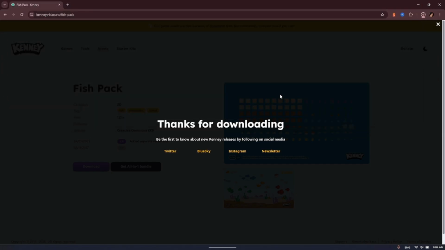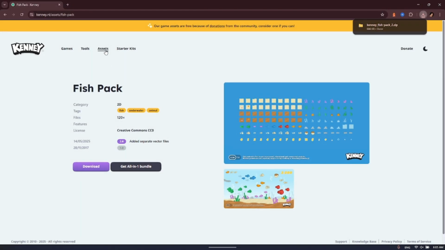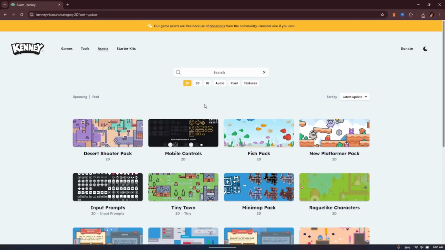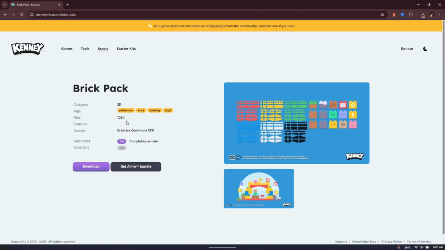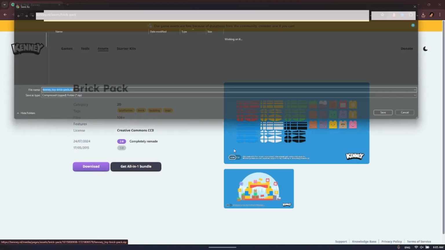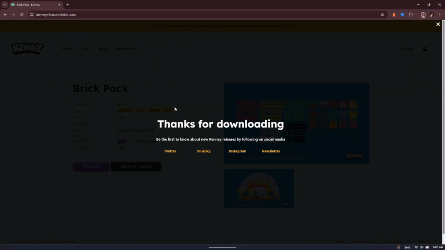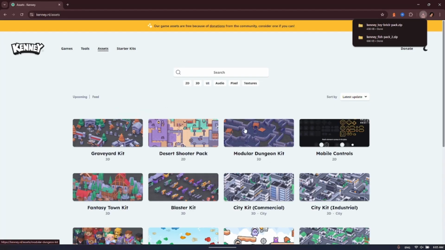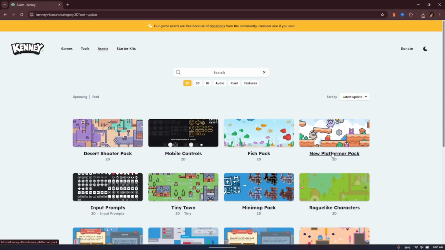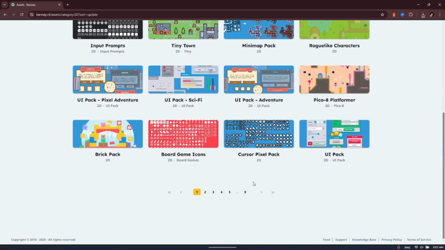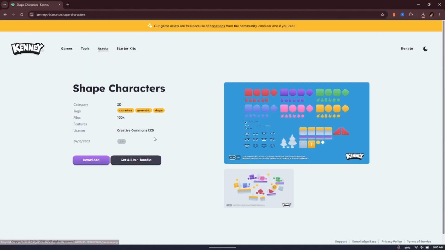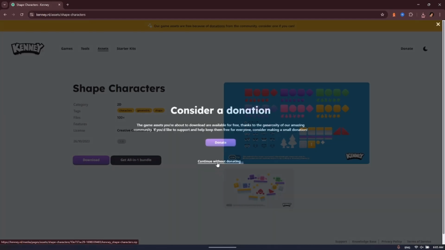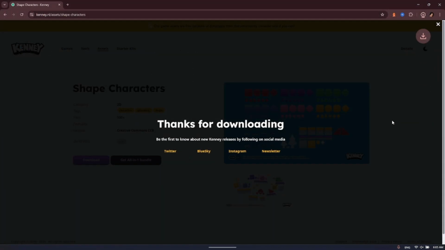And we're also going to look at some other assets. I'm using 2D because it's just easier to start with 2D. We're going to use possibly the brick pack. You can download completely for free or you can donate. Kenny makes these assets and they're really, really good, especially if you just want to focus on making the game rather than having to make absolutely everything. I encourage you to go and take a look and see what else he has in way of assets